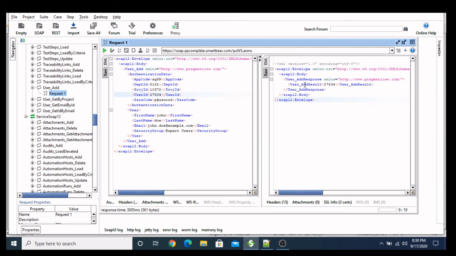So what happened in my response: I discussed with my developer how I should know that my data is properly added into the DB. He told me that I will receive the same user ID which I provided in the request in the add result tag. So what I have verified here is that first my tag name should be add result, and another thing is that the user ID which I mentioned in my request should come between this tag in my response. So these two things I have validated in my API for this scenario.